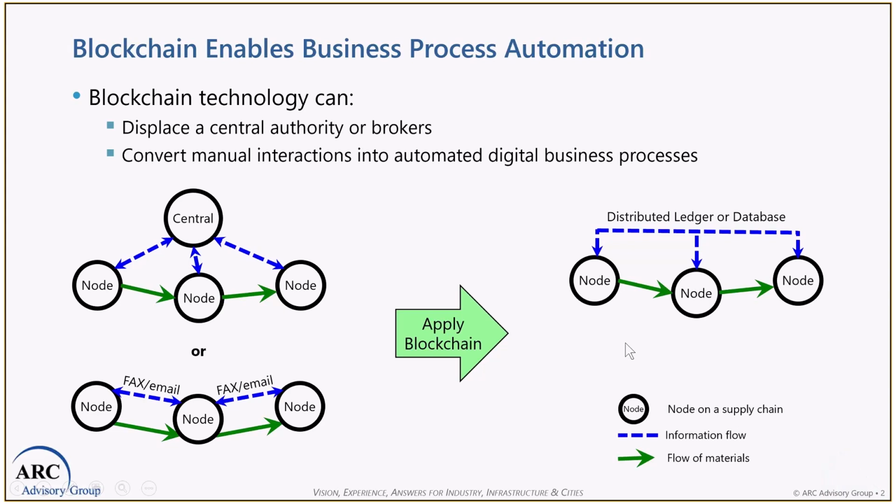So the primary role of blockchain is for business process automation. And that takes two kinds of roles. One is where there's a central authority. Each node along a supply chain, for example, sends information to the central authority, and the central authority coordinates. One problem with this approach is the nodes don't know what is going on among themselves. The left hand doesn't know what the right hand is doing. Essentially, they are blind.